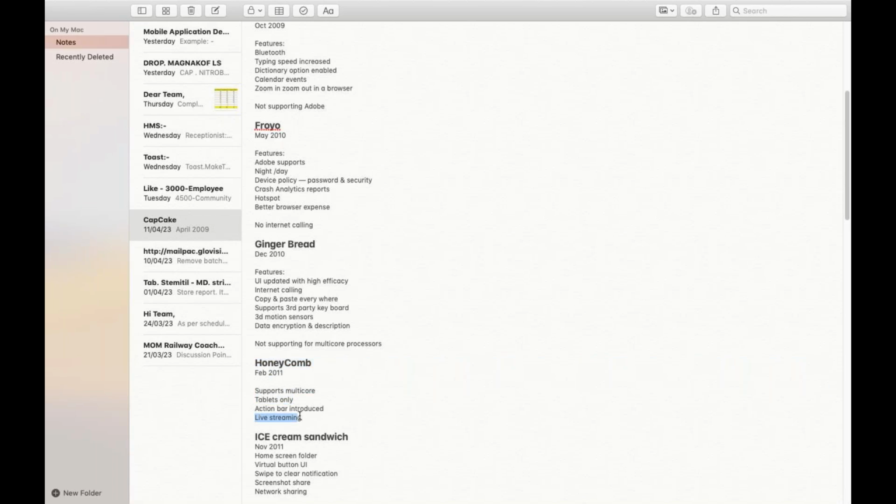Then it's supporting live streaming as well. So live streaming can also be seen from this version onwards. Going onwards, next after that,